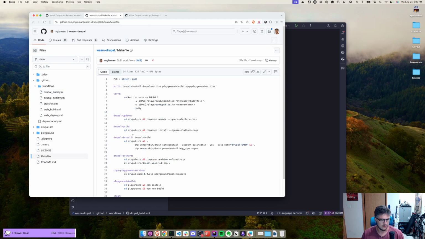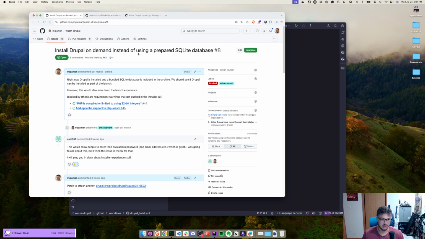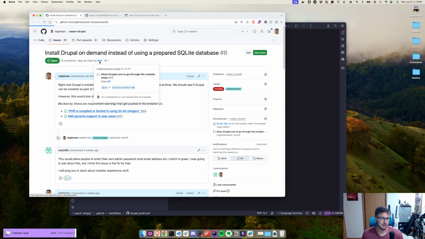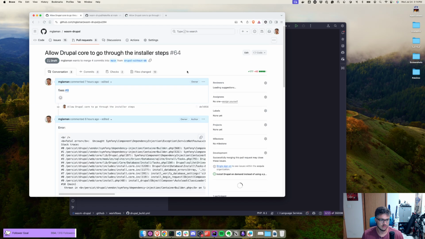So let's pop over to Makefile. The Drupal install goes and it installs Drupal and uninstalls BigPipe. We have to uninstall BigPipe because PHP fibers aren't supported in the PHP WebAssembly yet, because it would need some extra work. So it has this pre-built install, which means that there's a few problems that need to be solved if we install it on demand. And I've started a pull request that already does this, or attempts to,